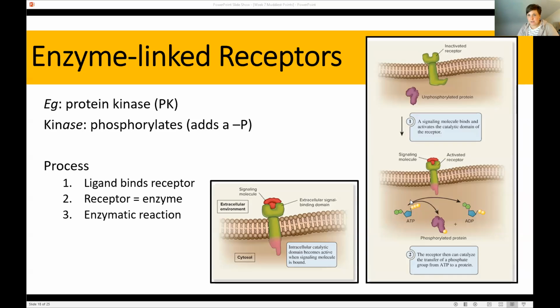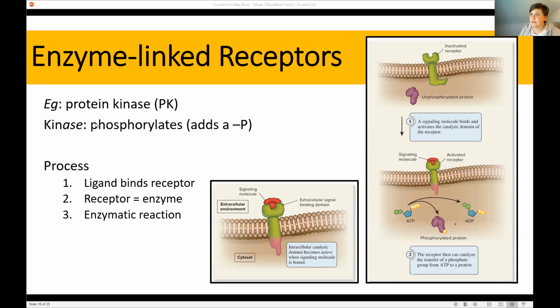So enzyme-linked receptors are receptors. So I want to break this down a little bit more. If we look at this picture, technically the receptor is this little U-shaped molecule right here, right? Because the receptor is binding the ligand. And this is the enzyme. That's why we say it's an enzyme-linked receptor, because it's a receptor linked to an enzyme. And again, it's the enzyme that actually has the catalytic function, or it's the enzyme that basically drives the chemical reaction.